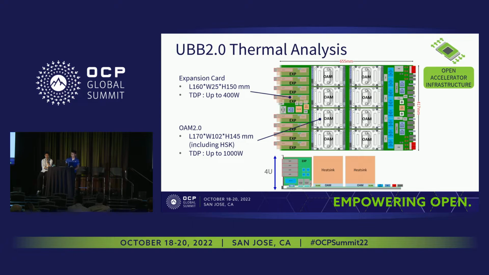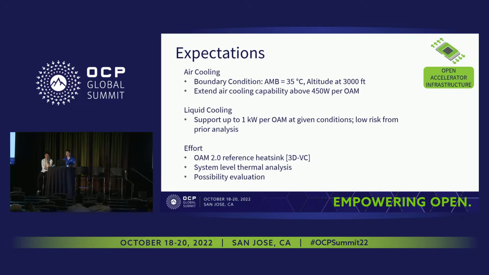So the very high power density and the compact system layout design put a lot of restrictions on the thermal design. But although the thermal design is a challenge, we still expect that with the air cooling solution, we could push out the limitation up to above 450 watts per OAM. And for the extremely high power TDP, liquid cooling could be a choice based on our prior test result. So for the following pages, I'm going to share some component level and system level